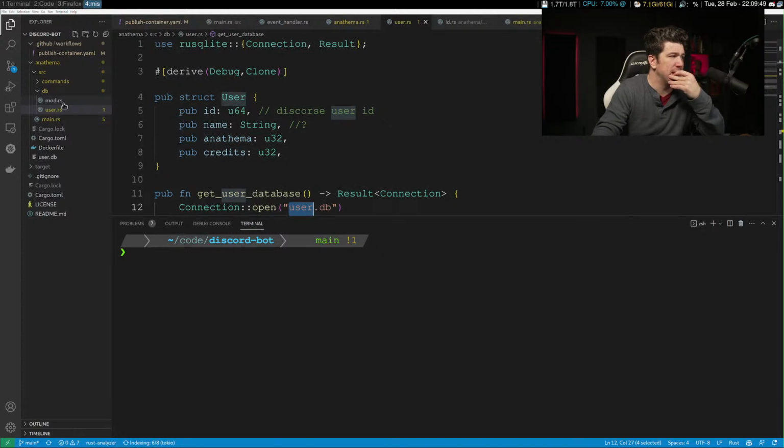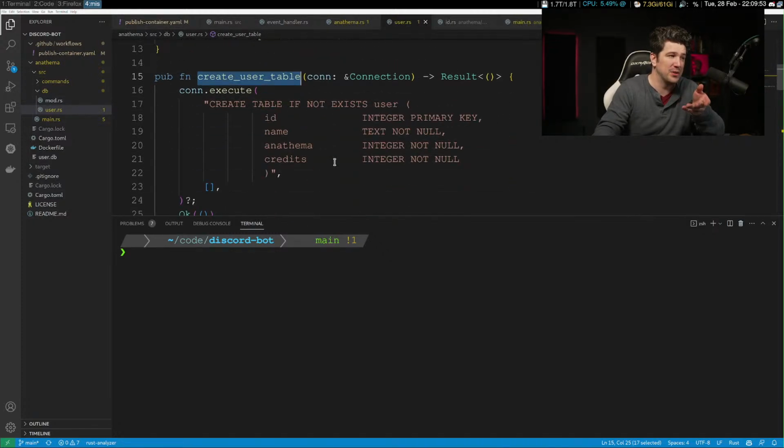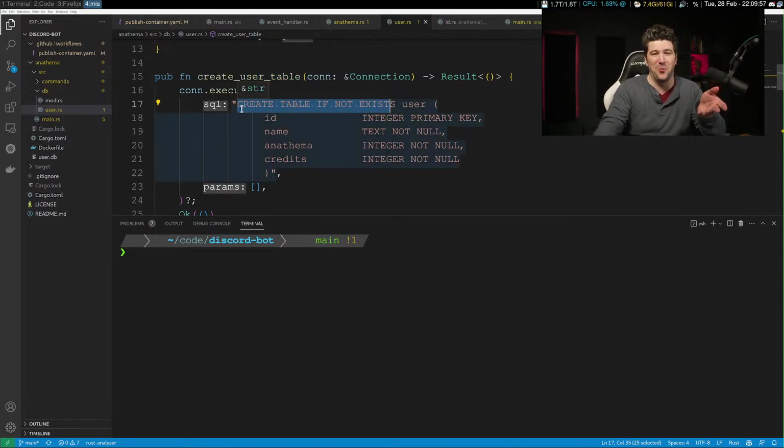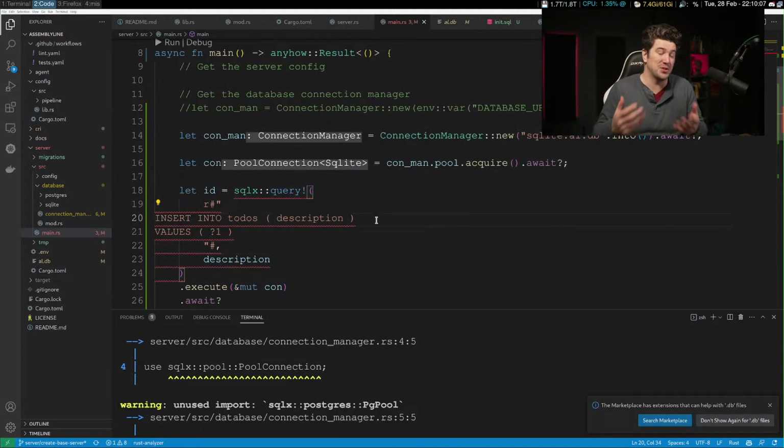In here, we were able to really easily do a create user table. If it doesn't exist, well, actually, we took the easy way: we tried to create it if it doesn't exist every single time. That's what I'd like to do with SQLX here, because my thought is if you start up and you don't have a database, it automatically generates the database. It already starts kicking and going. Obviously, that won't work if it's Postgres, and that's fine.